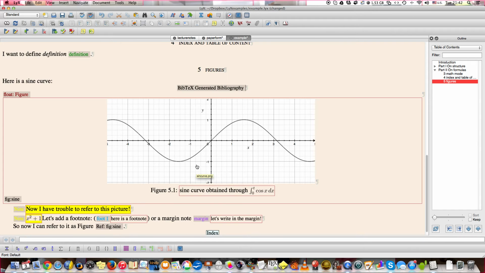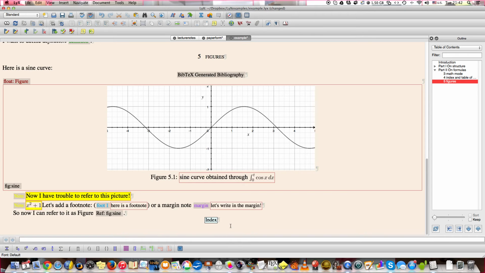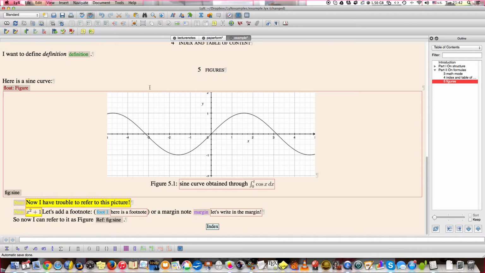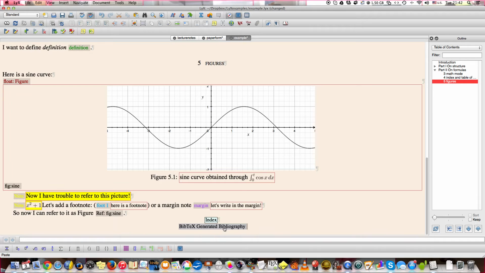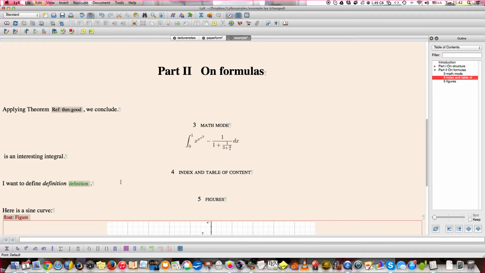And okay, now where is this? Oh, the bibliography is here, not quite its place, so let me move it after the index. Okay, and then of course if somewhere I want to cite, I will use this insert citation,